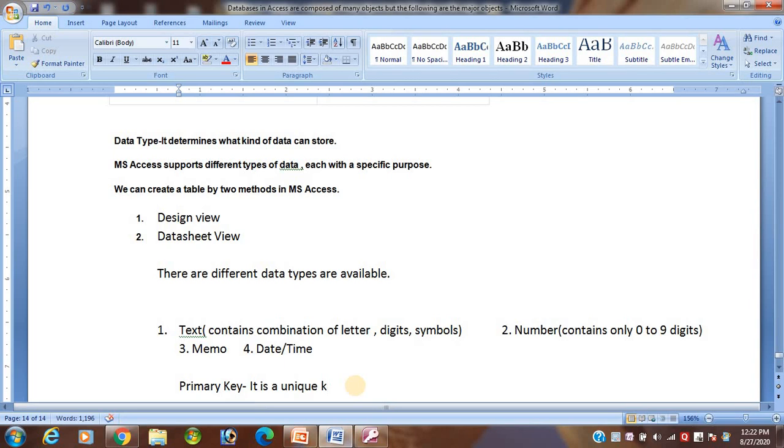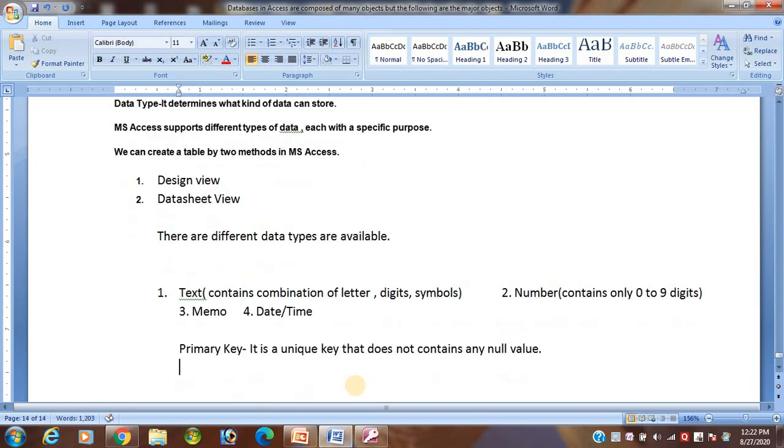It is a unique key that does not contain any null value. That means you must give some value.